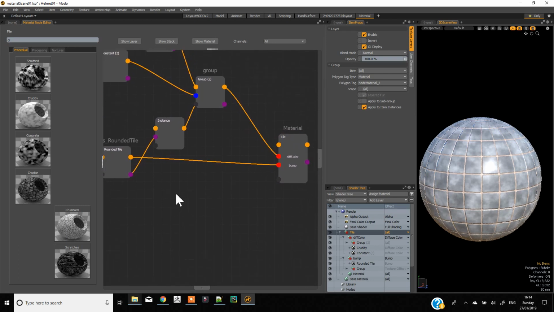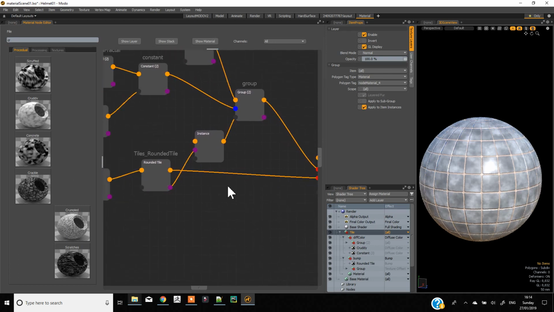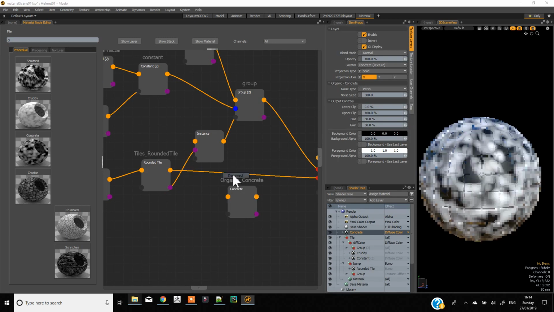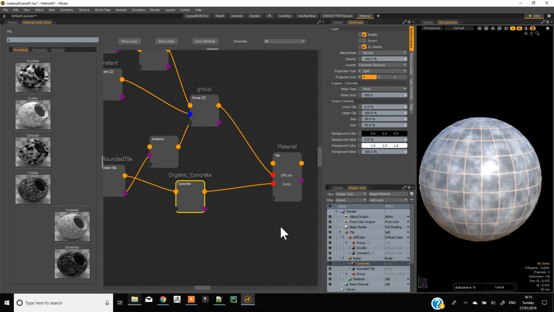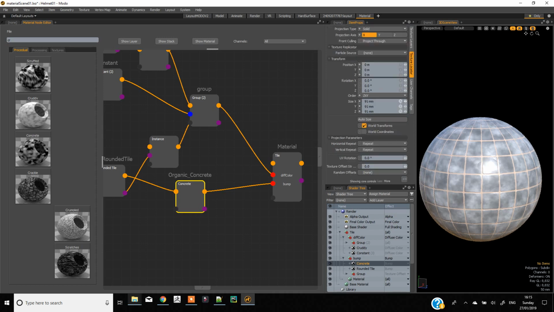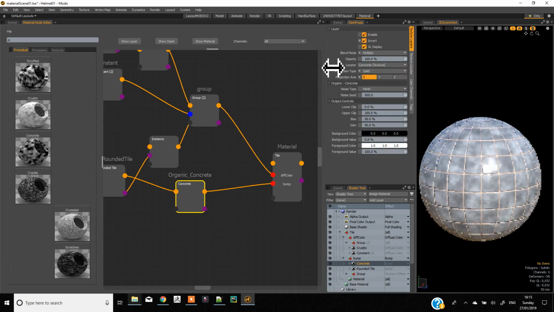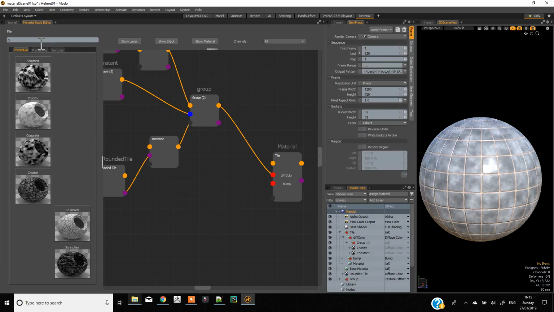So the tiles still look a bit clean, so let's try adding a concrete to our scene. Disconnect our tiles and add this to our bump. Now change our blend mode to multiply. Still think it looks a bit big, so let's reduce the size and invert. It's not really having the look that we want, so let's try adding a